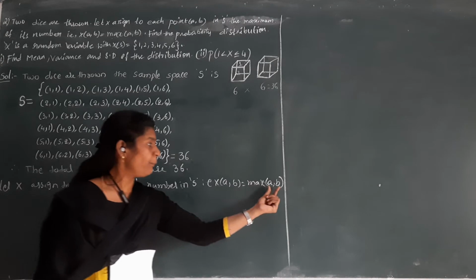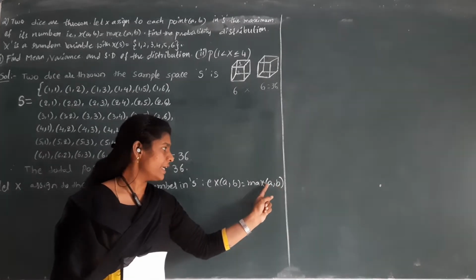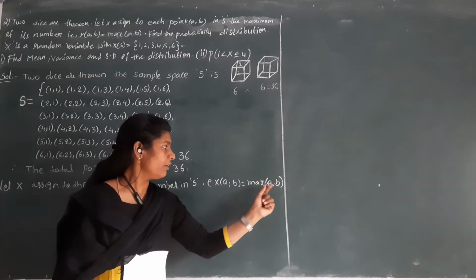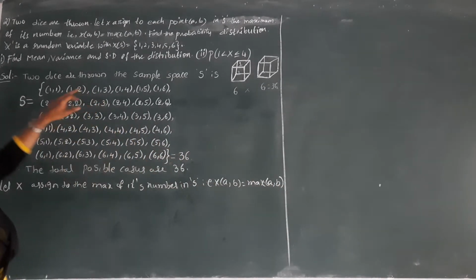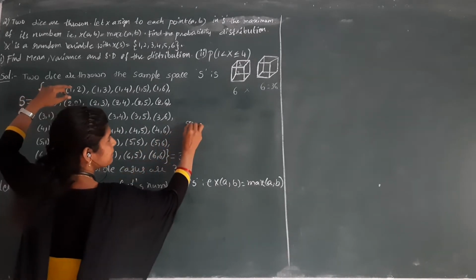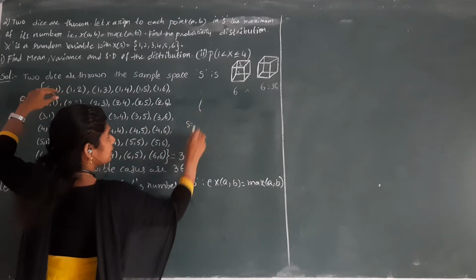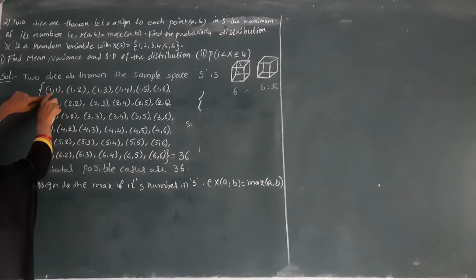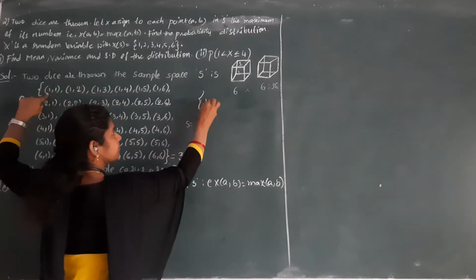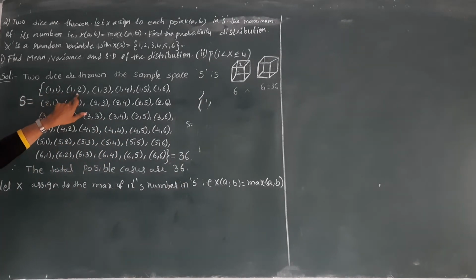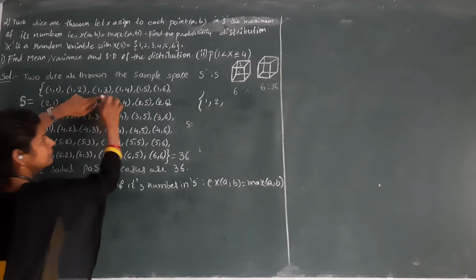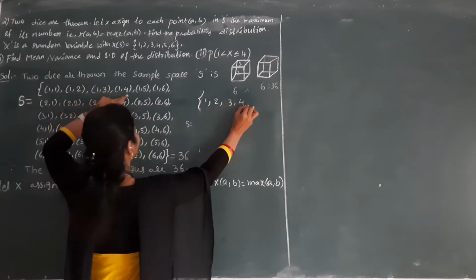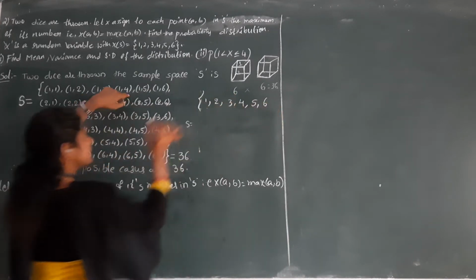That means what? In the pair of values, if a is the maximum, we take only the value a. If in the pair of values b is the maximum, we take only the b value. Okay? So, by seeing this, here I am writing the sample space of the maximum numbers. Now, 1,1, both are the same, the maximum number is 1. Okay? Next, in the pair 1,2, which one is the maximum? 2 is the maximum. Now I am writing. In this pair, what is the maximum number? 3. Next maximum number 4. Next one is 5. Next one is 6.